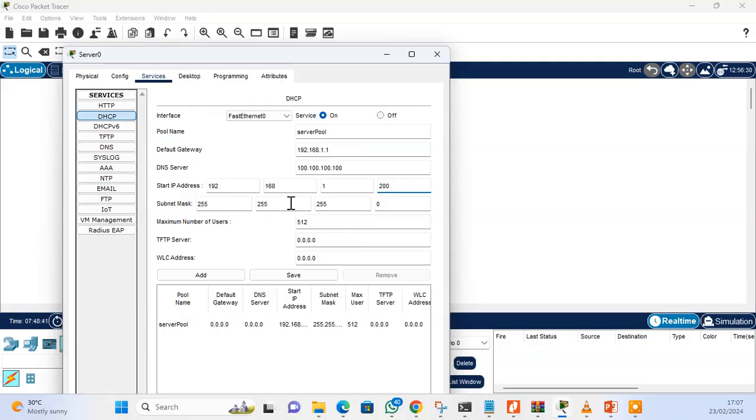Then the subnet mask is here. Then maximum number of users. I expect 30. So it will just start from this IP address and then it counts 30 IP addresses. Automatically here, the last one will be 229, to total 30 IP addresses. Now with this information, I can actually edit by saving. I'll just save, not add. I'll just save. Okay, so I have saved,